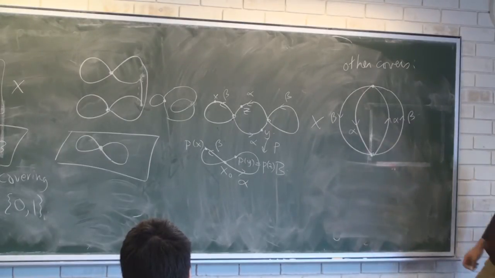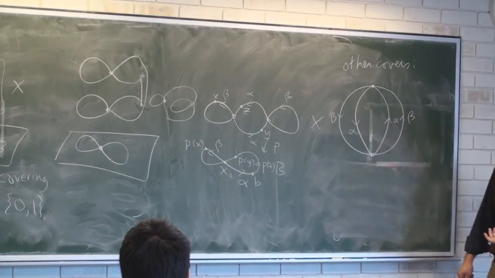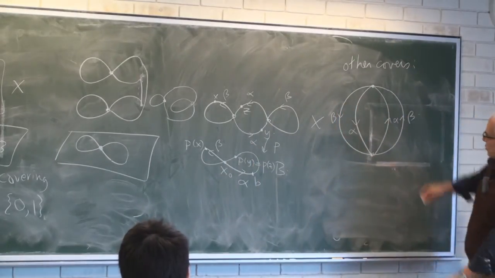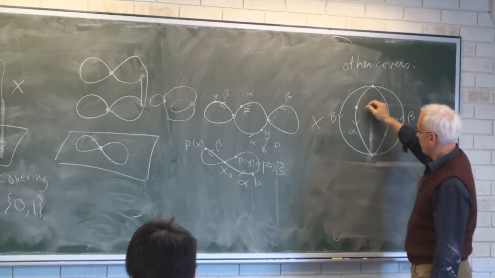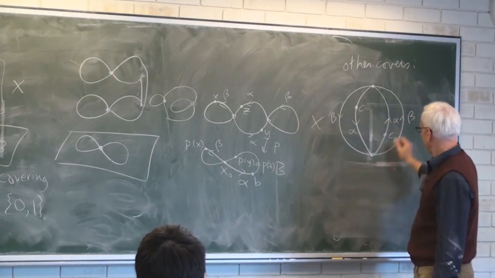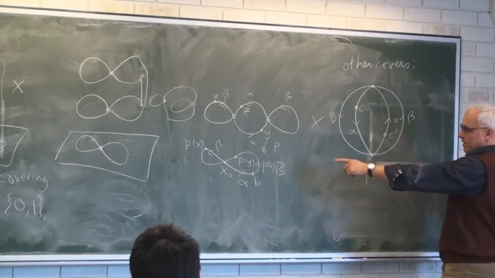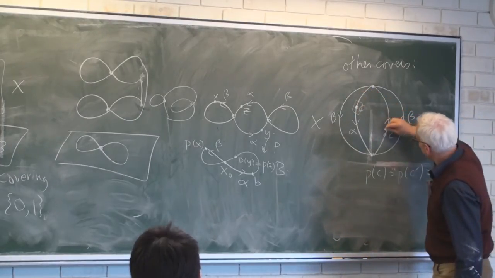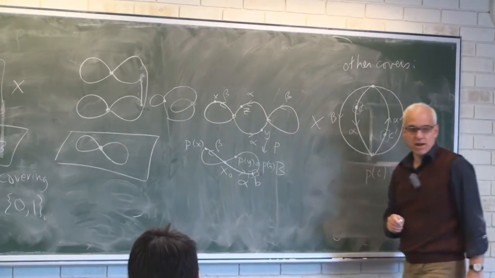So let's look at the covering properties. Suppose we have some point, let's say, call it B here, and let's look at the inverse image of B. This is maybe 1/3 of the way along alpha, so the inverse image would consist of the things that are 1/3 along alpha. There'd be one there and one there. So there'd be one point, say, C and C prime. So P of C and P of C prime are both that point B down there. And it's clear that a neighborhood of the inverse image consists of 2 copies of a neighborhood that looks just like the neighborhood of B down here.